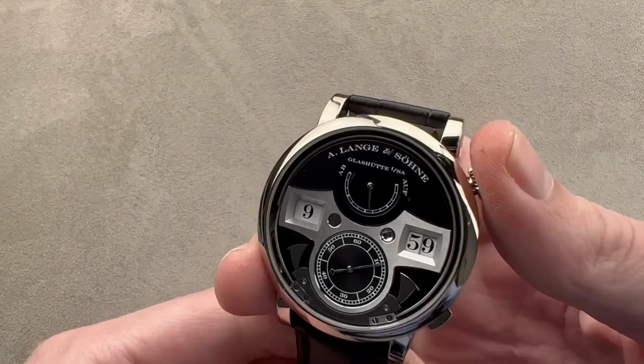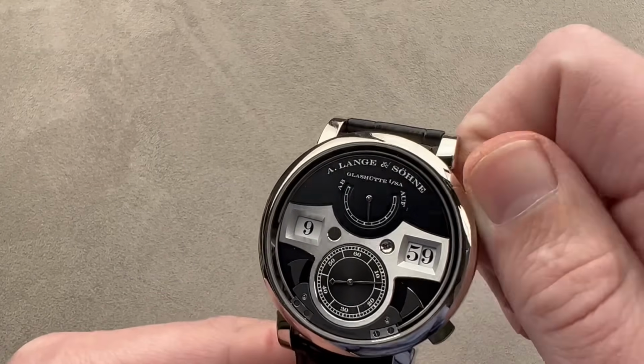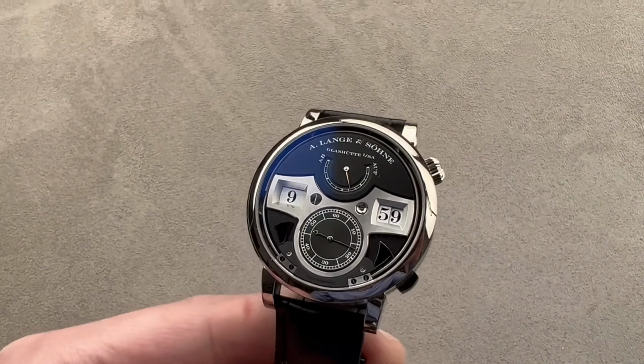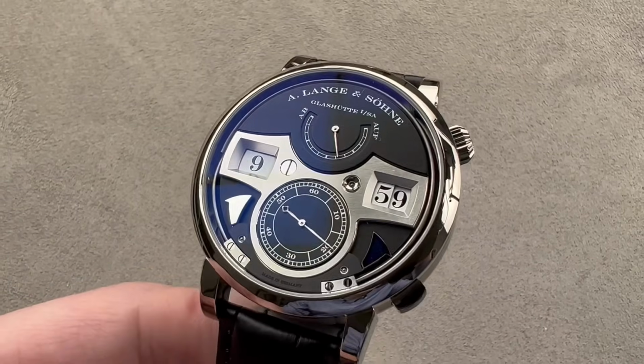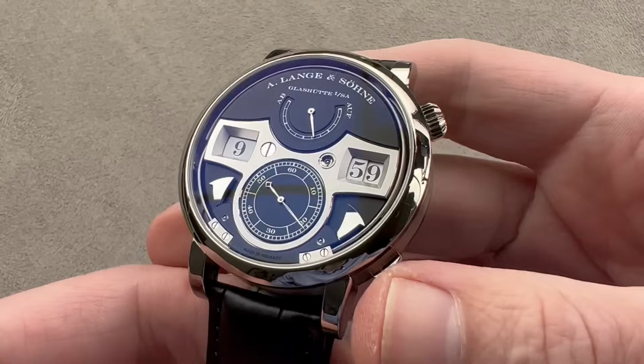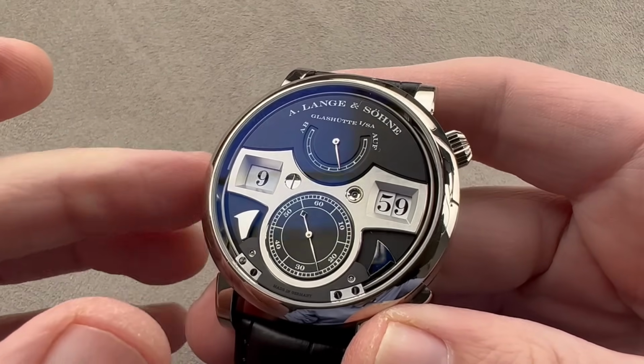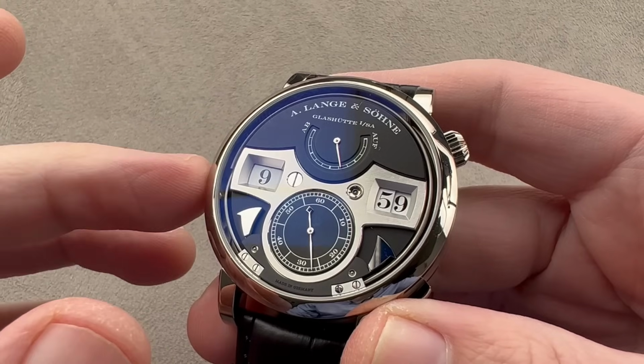All right, so where do we finish up this episode? Well, how about with a watch that has plenty to say? This is the Lange und Söhne Zeitwerk Striking, and as you might have suspected, the Zeitwerk Striking will strike on the hours and the quarters, and it is a watch that was Lange's first tentative step into the world of